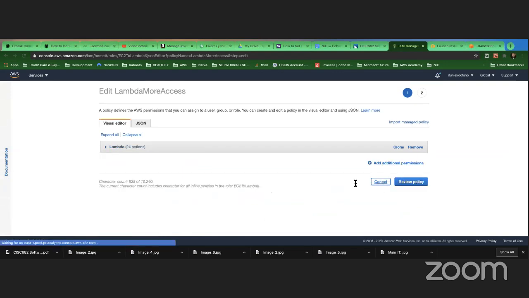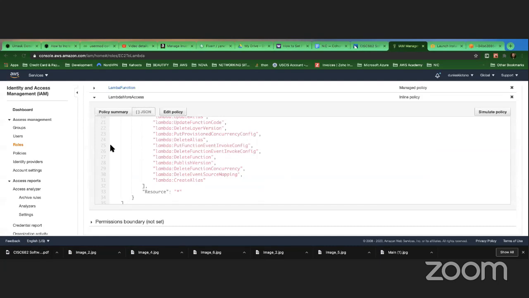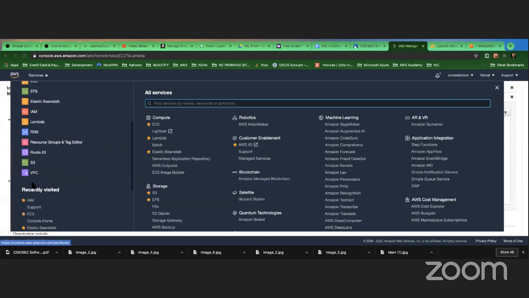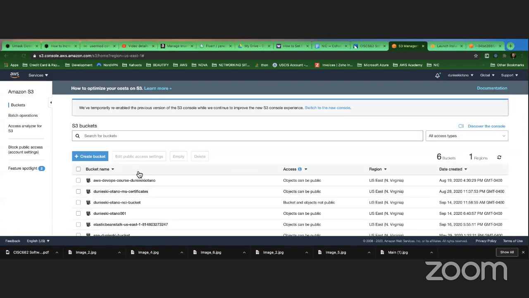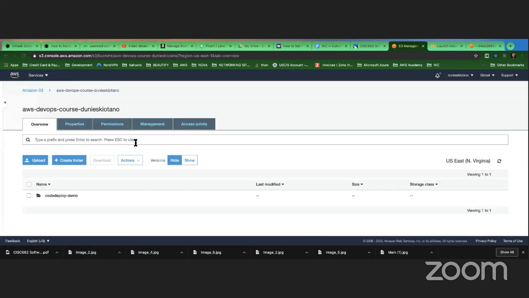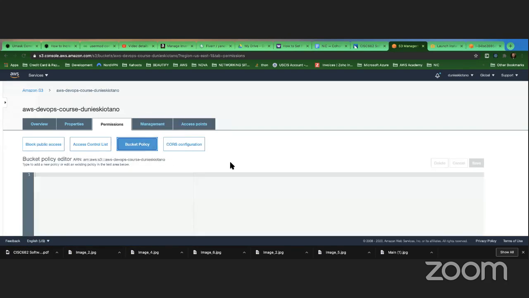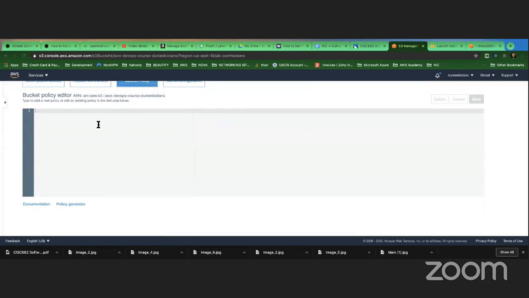In the case of an S3 bucket, there's something called a policy generator. You can generate a policy in an S3 bucket. A bucket policy is a different policy. This is for buckets only. But you can have a policy here. If you come to permissions, you create a bucket policy here. Then you can type whatever you want here.